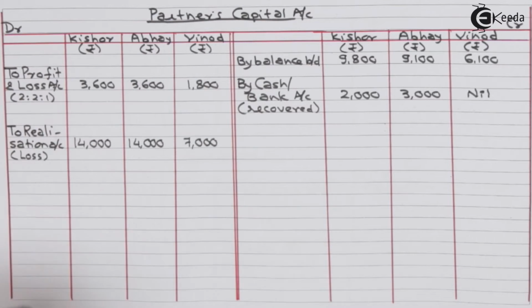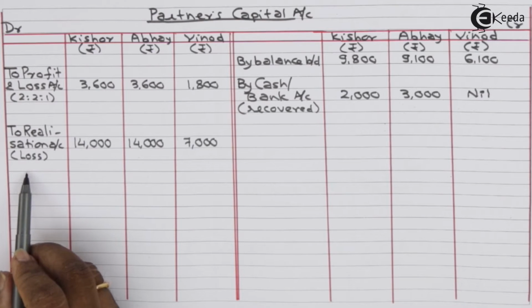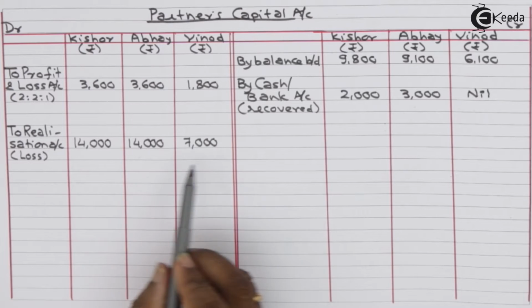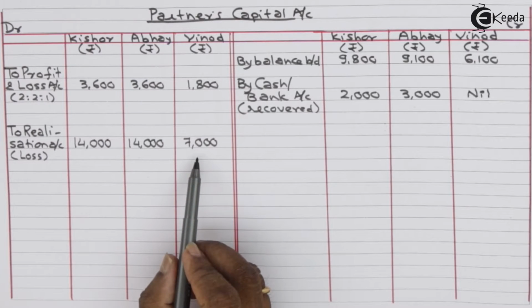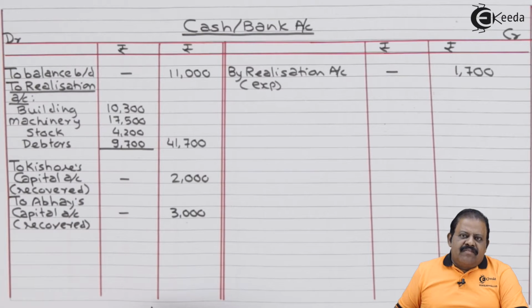Partners capital account debit to realization account. Loss transferred. Kishore 14,000, Abhay 14,000, Vinod 7,000. Next step is we are required to find out how much amount of cash we are having now, which we can use to settle creditors and bills payable. For that purpose we are required to check